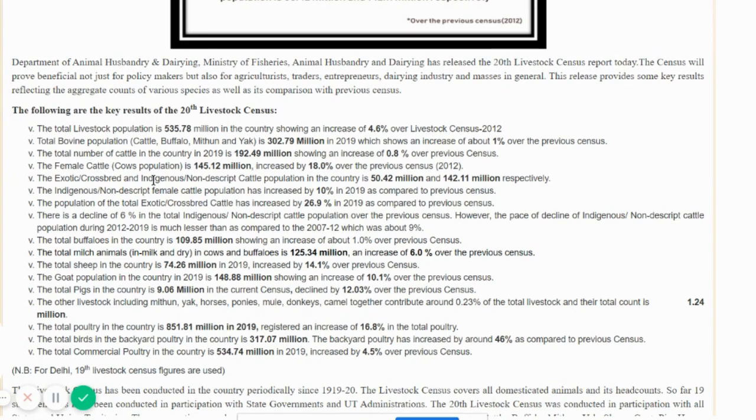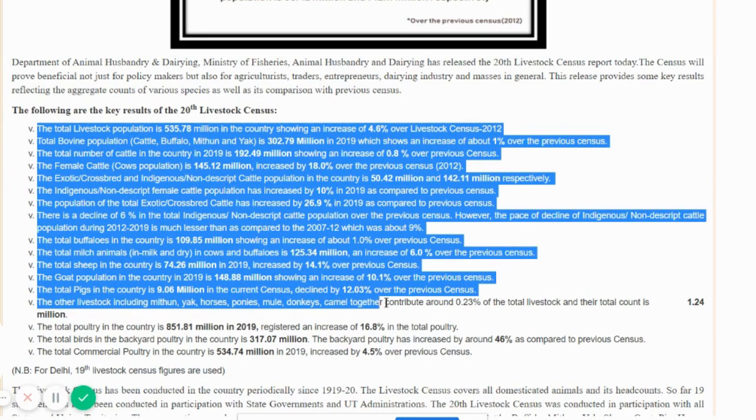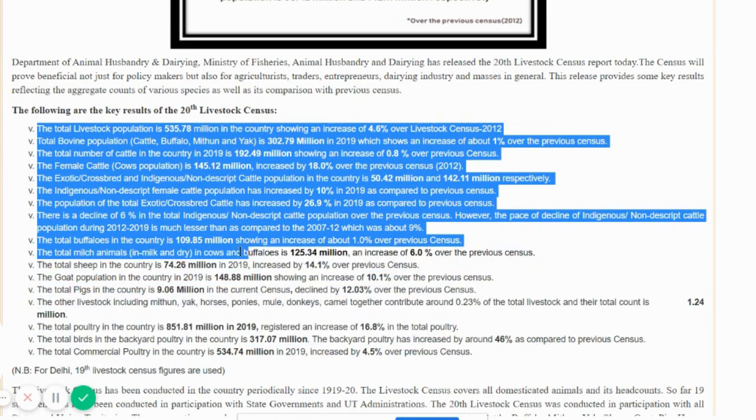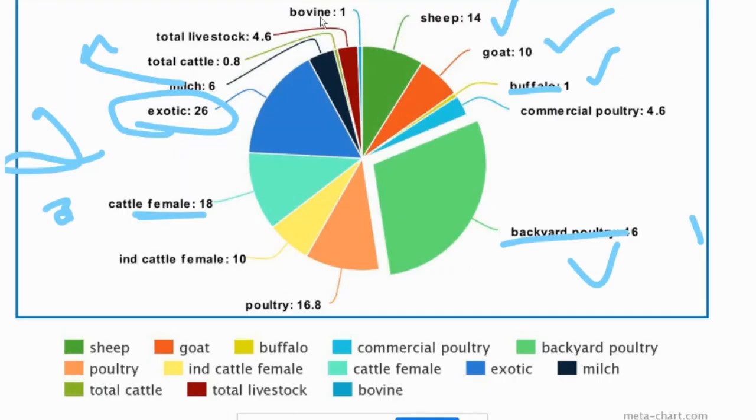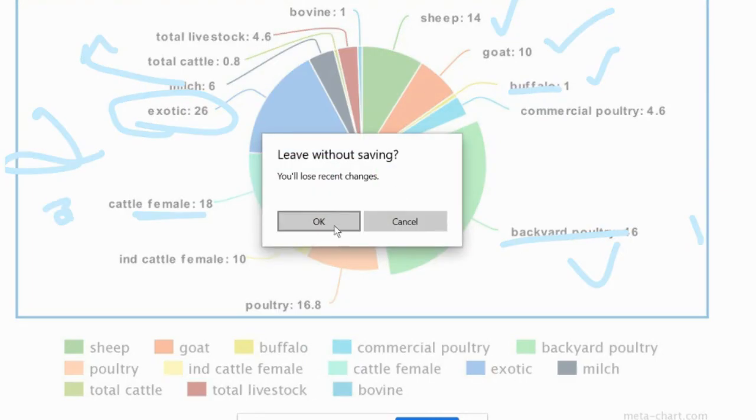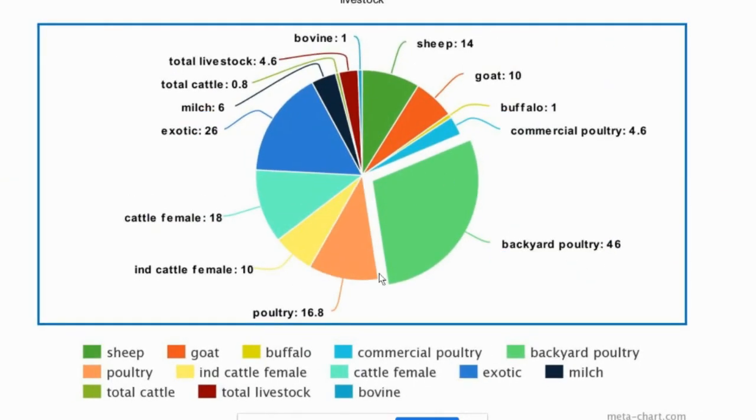It is humanly impossible to read all this data and keep a comprehensive memory of it. So I have prepared an image for you. This would help you. Can you see here? I've put up a pie chart. The pie chart shows the increase in average when compared to the last year census.